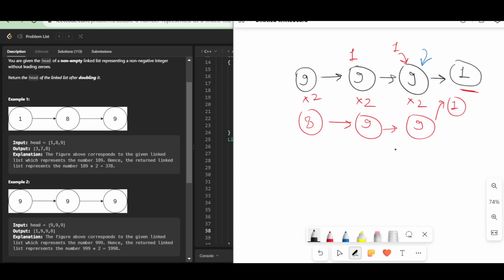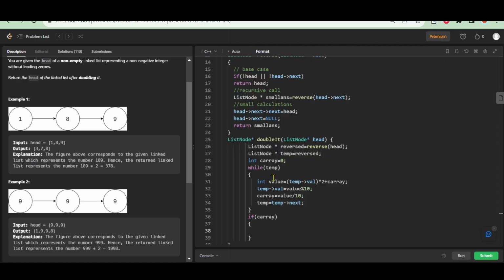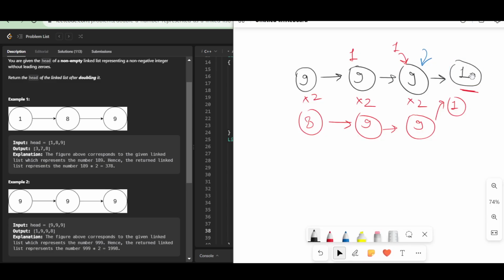But how will I get address of this last node? As you see, while traversal, I am traversing through temp, and I will come out of this while loop when temp becomes null. When temp comes to null, means this temp is here right now, and from this null I cannot get address of this previous node. So I have to keep one previous variable for storing the address of previous nodes. So when temp will be at null, previous will be pointing to this node, and I will make one node here,